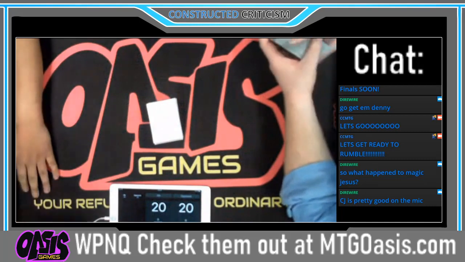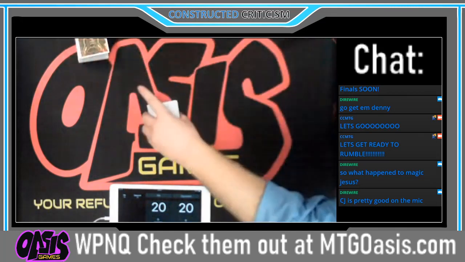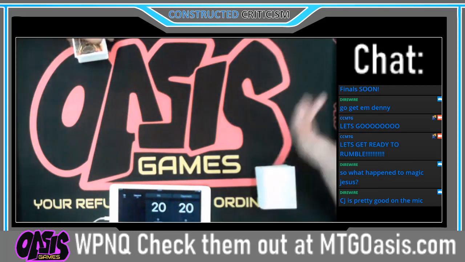Well, it looks like we are getting decks presented here. We'll kind of see what Jonathan can cobble together. He needs to win this game to force a game 3, and he has to play very carefully. We saw that